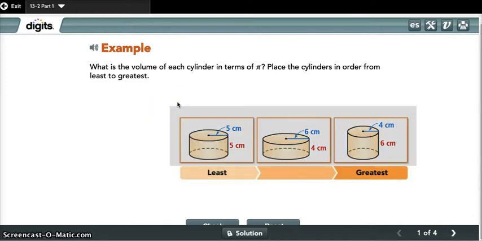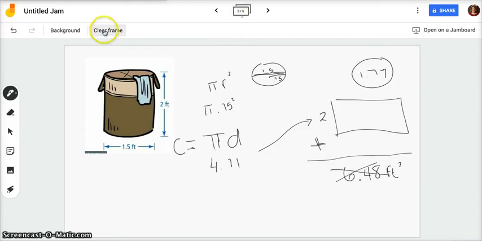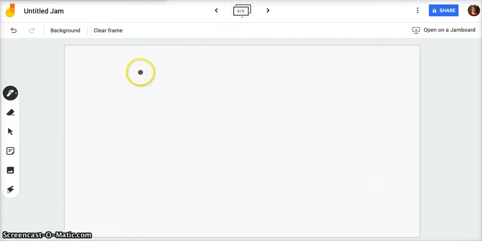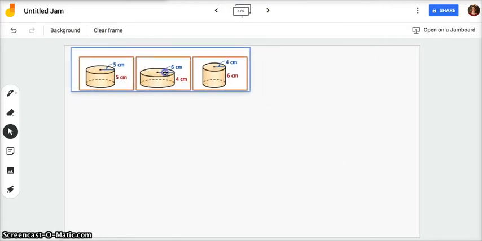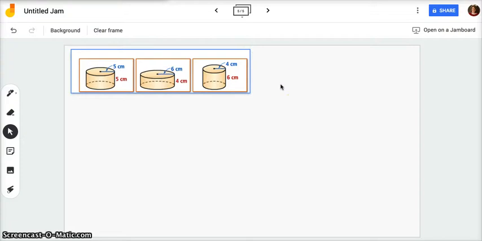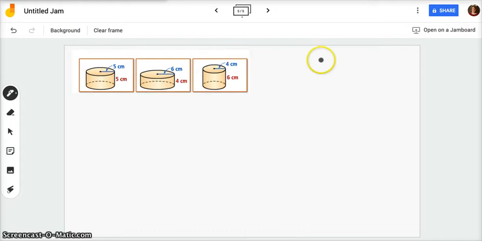So one of the main concepts that you're going to be learning from this lesson is another formula. And you may have noticed that, wow, it seems like we're working with a lot of formulas. Well, when we're working with surface area, we're primarily using formulas that we already know, like the area of a rectangle or a triangle or a square. If you don't know those formulas, it is important to memorize them. Now we're starting to add more formulas to our memory banks, and we have one that is going to be